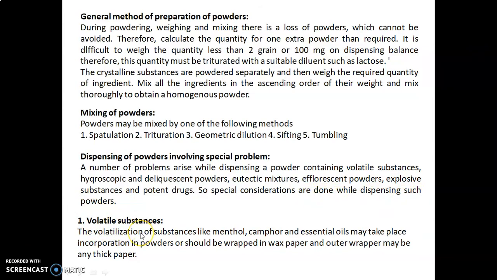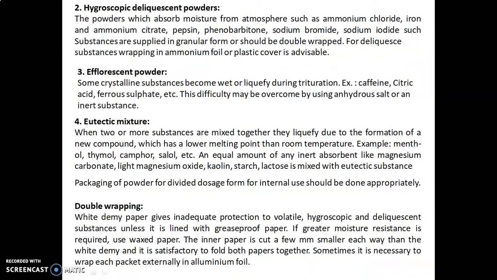Volatile substances. The first problem is for the volatile substances. The volatilization of substances like menthol, camphor and the essential oils may take place. Incorporation in the powders, or they should be wrapped in wax paper and the outer wrapper may be any thick paper. Then the second one, for hygroscopic and deliquescent powders: the powders which absorb moisture from the atmosphere, such as ammonium